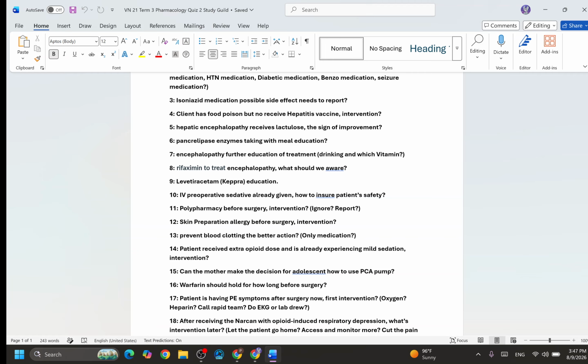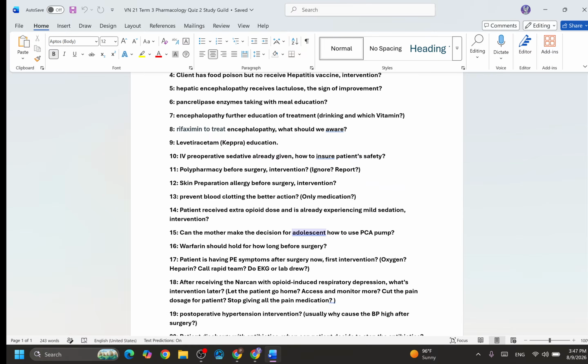Okay. Number 13, prevent the blood clotting is the beta action. So do you think only medication? Remember, the blood clotting, the beta prevention. Remember the PowerPoint slide I showed you, like 1, 2, 3. So the number 1 should be the early ambulation, right? And the number 2 should be some